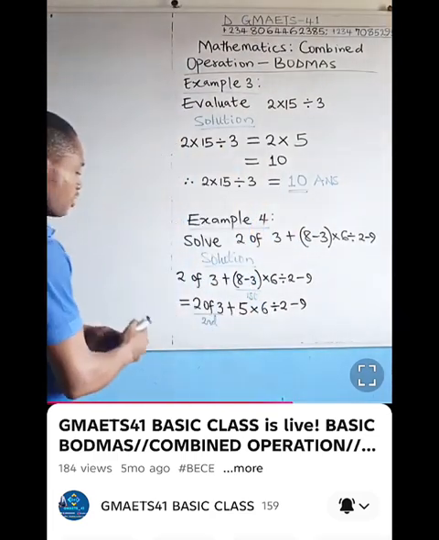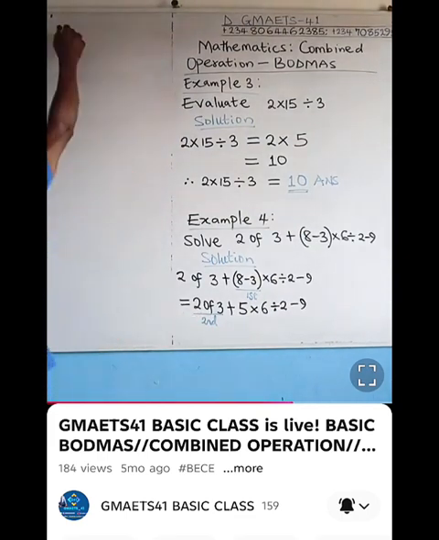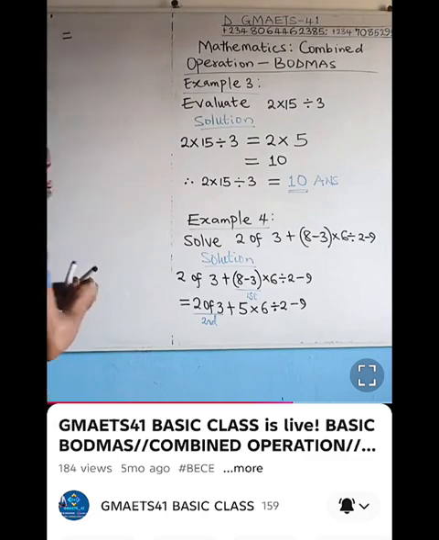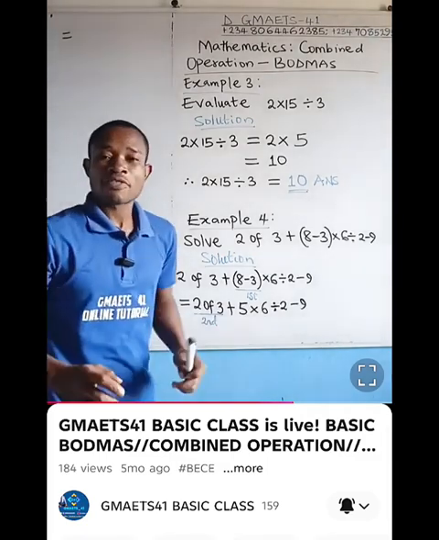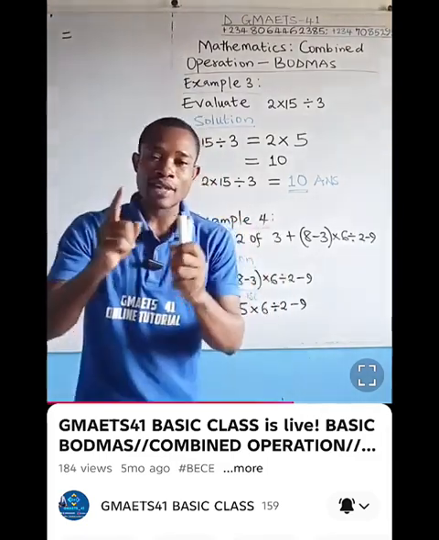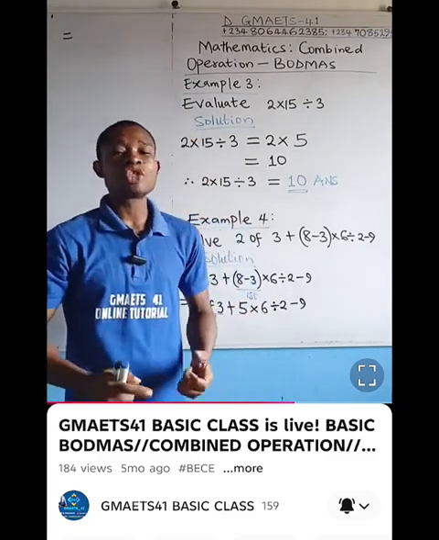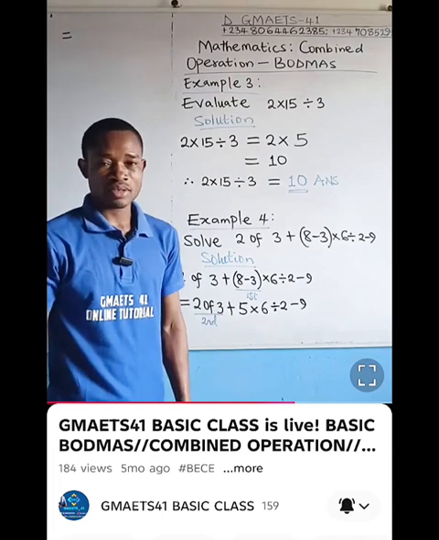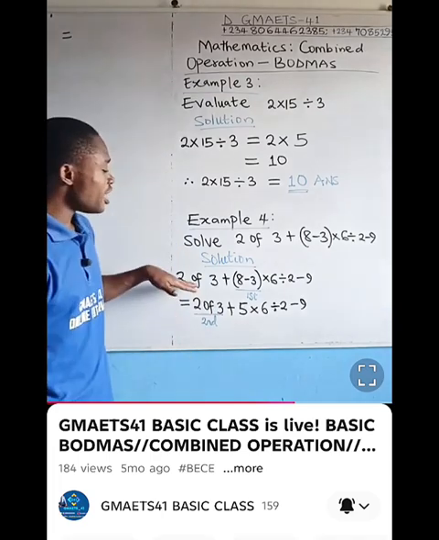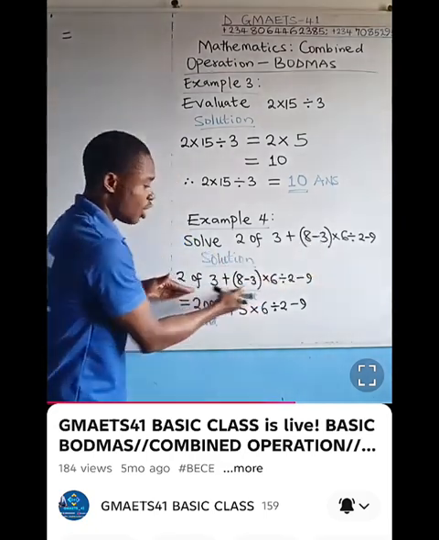Let us move on. Like I said, the second thing we deal with is this "of". So this is going to be equal to, we would deal with 2 of 3. 2 of 3 is the same as 2 times 3. But please, my dear friends, don't be too quick to go and change "of" to times. Because if I change this "of" immediately when I was rewriting the question down before I start solving,